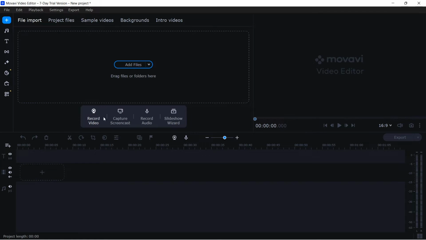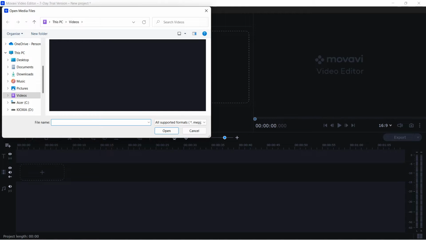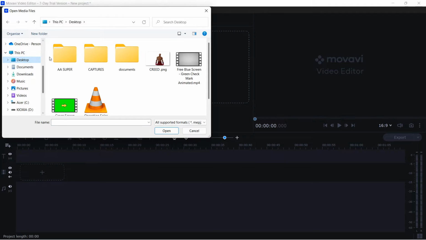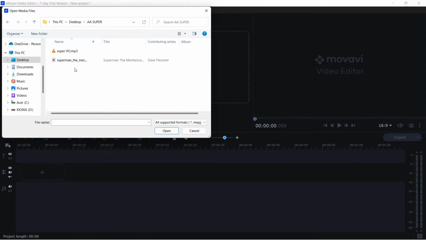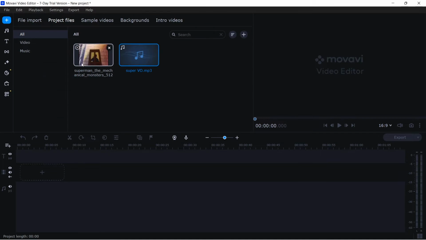Now that we're happy with what we see here and we understand what this is, let's select Add File, because I want to find my file. Now I can go through different places and locations on my device in order to find what I need. What I need is AA Super, and I'm looking for my voiceover footage here, my voiceover audio, sorry. We're going to select this now by double clicking, and now that is available in the browser, or what this calls it, the bin. We now finally have the two pieces of media that I want to use in order